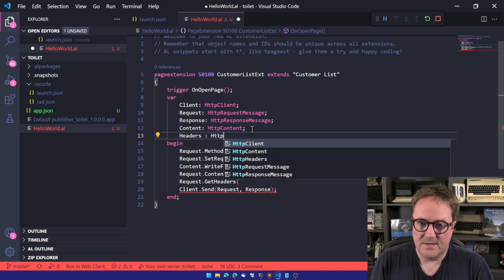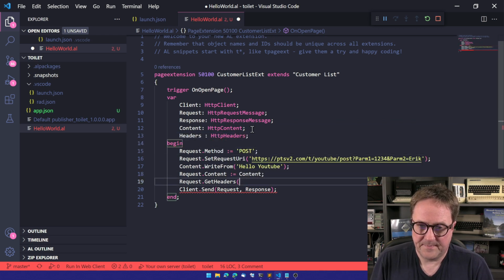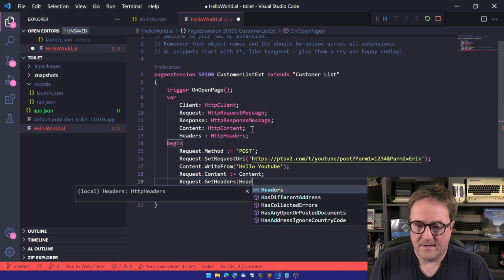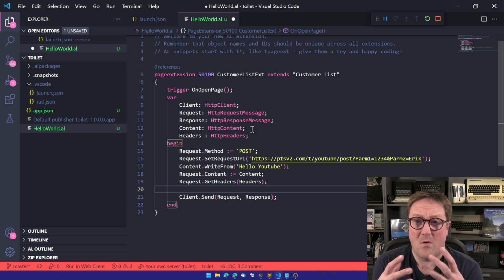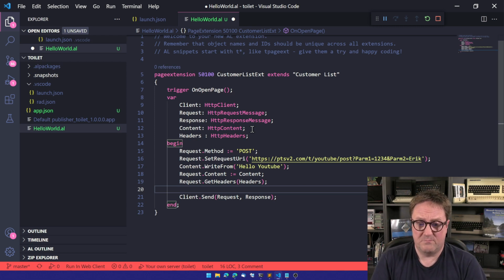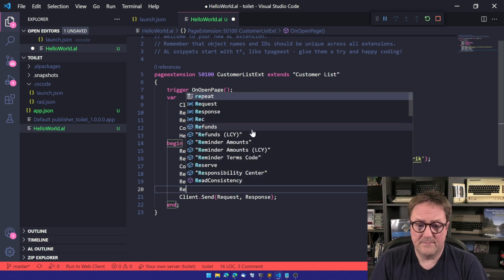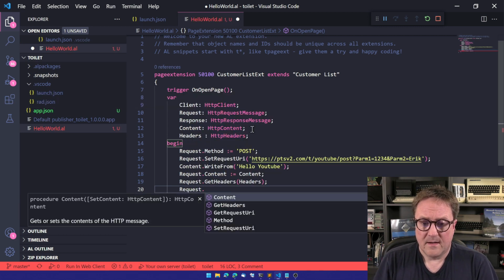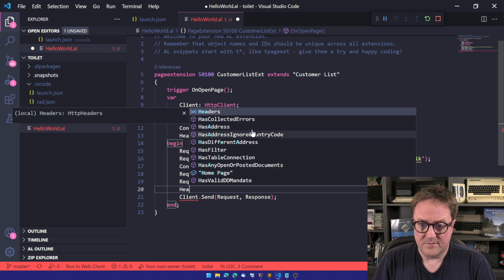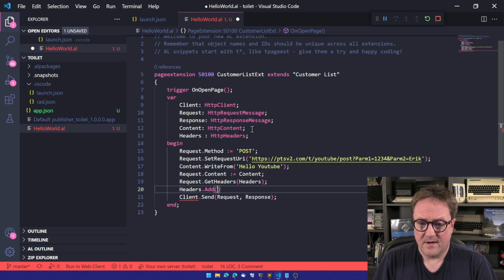Headers, HTTP headers. Now we get a pointer kind of structure, so we don't need to put it back. So sorry, let's do headers instead. Dot add